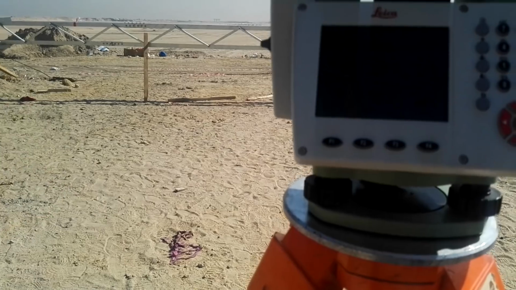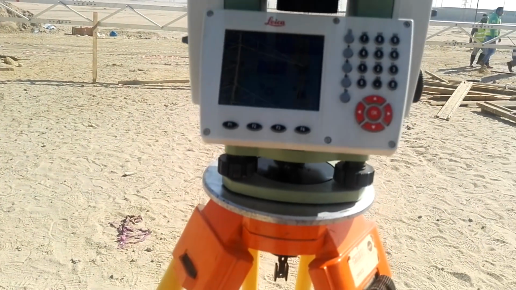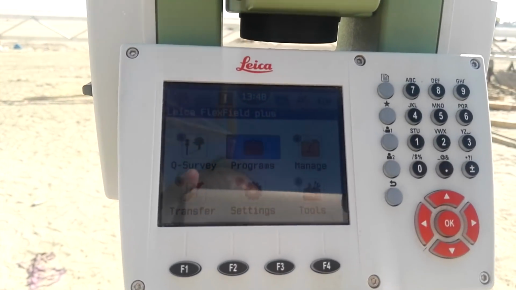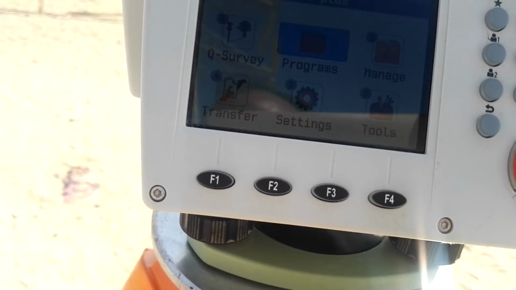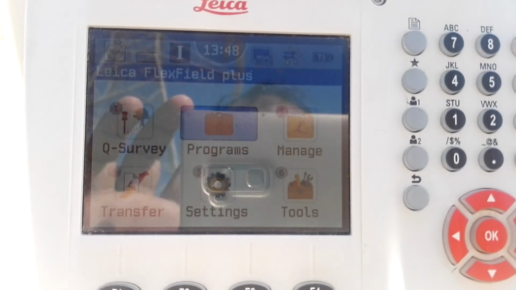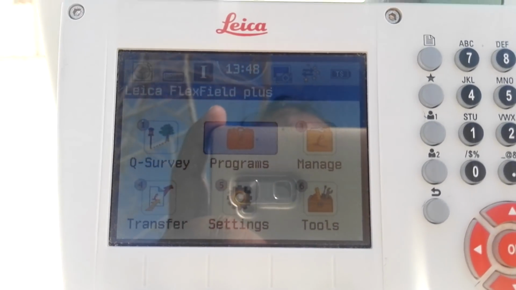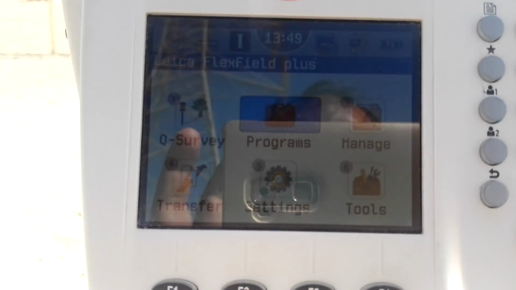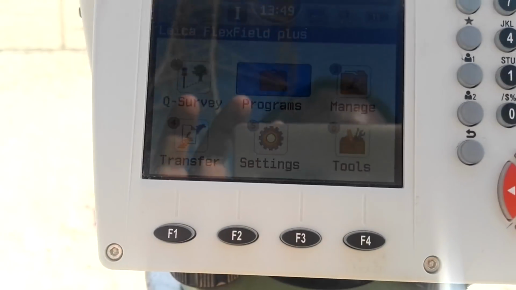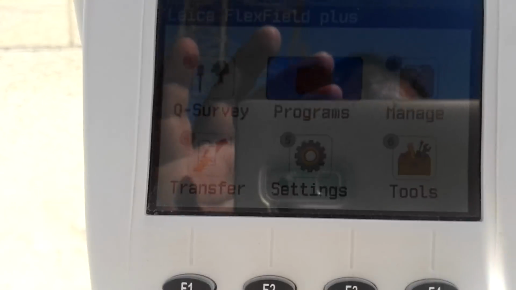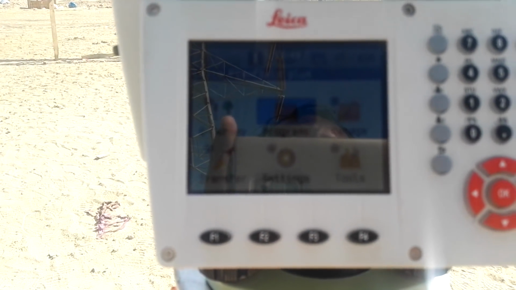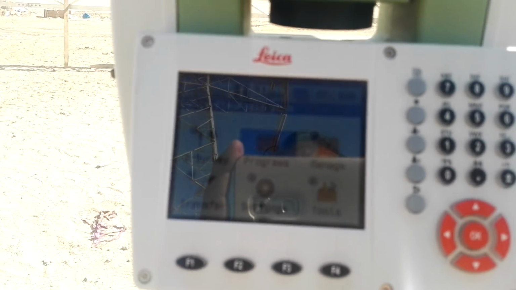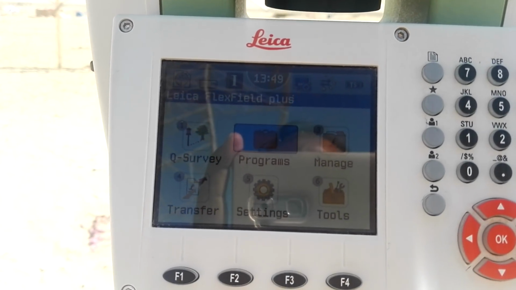Let's come with me. For this work I'll use my total station, a TS09 plus, and here I have the main display when the power is on. As you can see, in the middle we have an option, Program, and the first option is Q Survey. I'm trying to display this on my mobile because, due to the strong light, it cannot be visible.